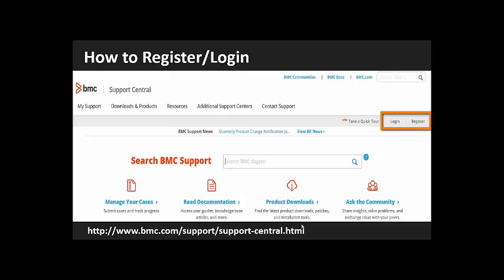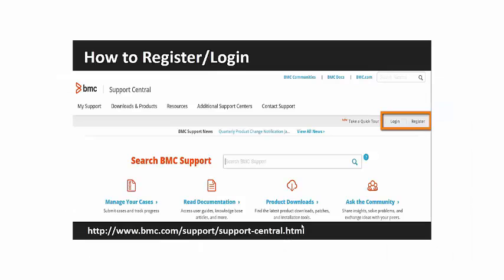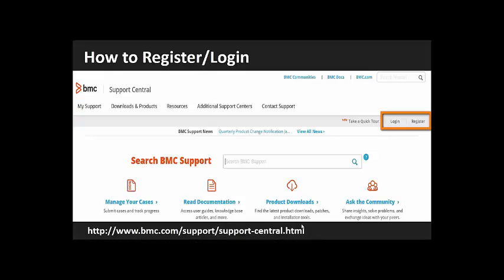Please also note that if you are a partner, you will need to particularly select the BMC partner option, add your CSN number, and at that stage you've also got the opportunity to put in the support ID and the PIN. And then also if you're management, you've got the option to have admin rights, which you can request from customer care. At all stages you have the option to speak to them via the chat or there is a